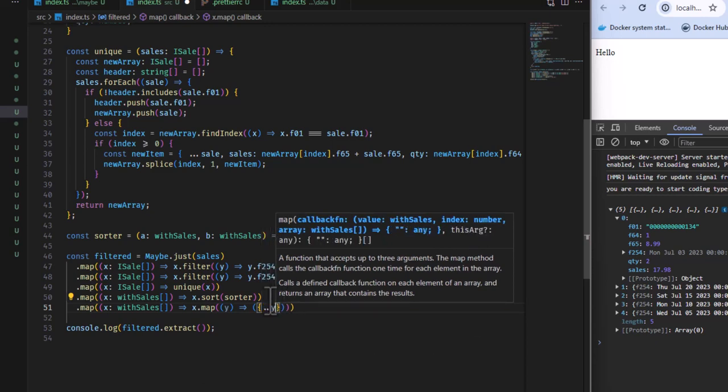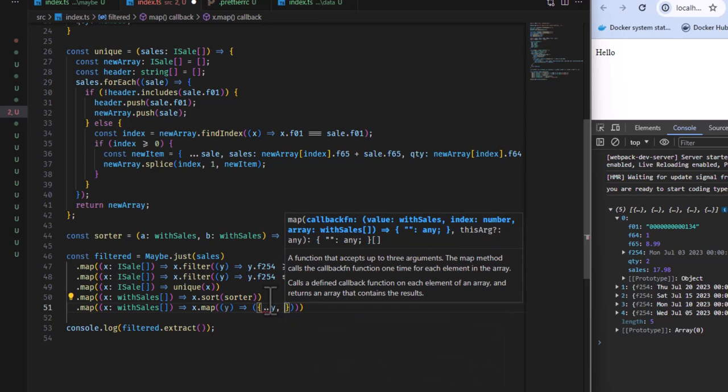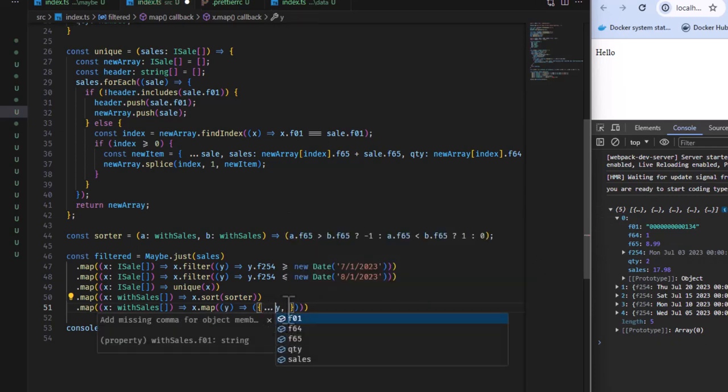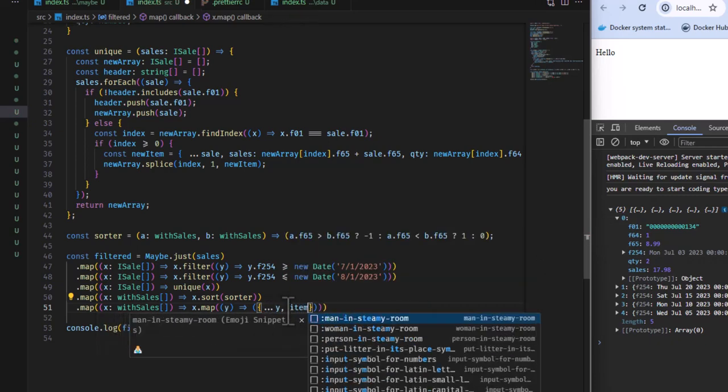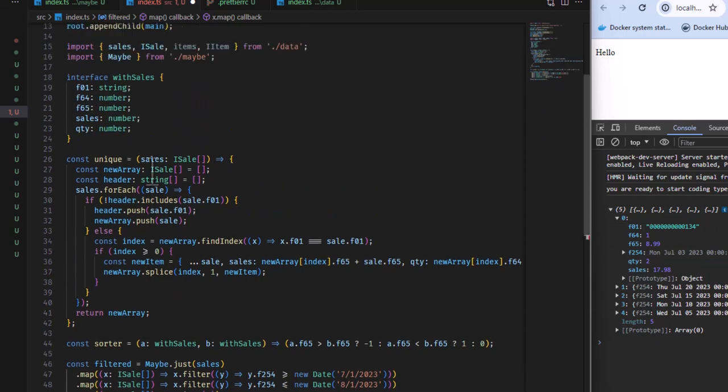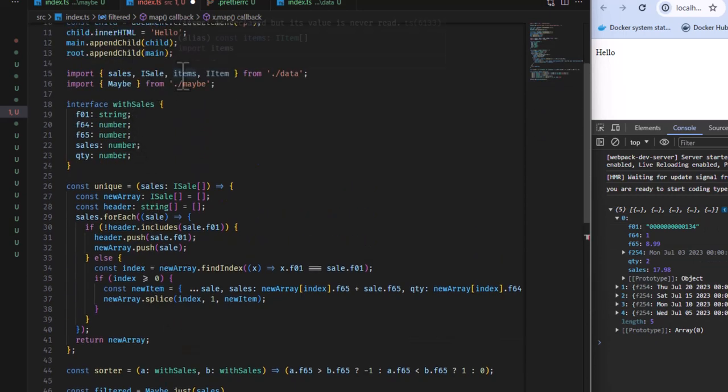So we're going to spread out Y. That's going to be everything that was in this item right here. But we want to add, whoops, we need one more dot in there, sorry. But we want to add an item property to this object. And that item property is going to come from this items array.